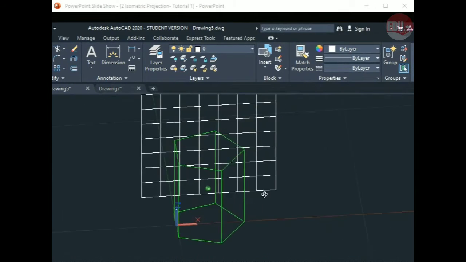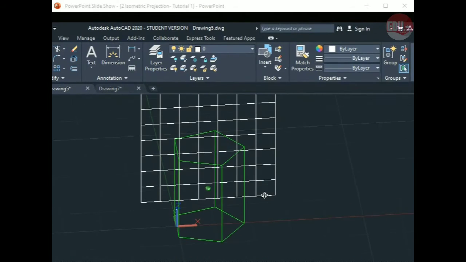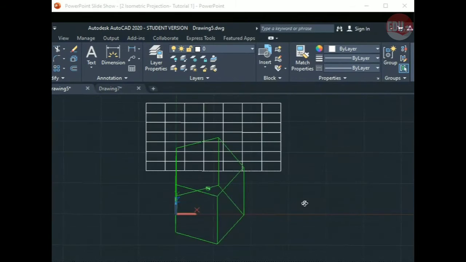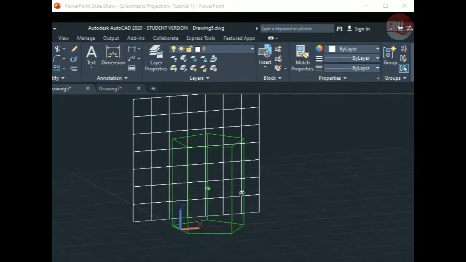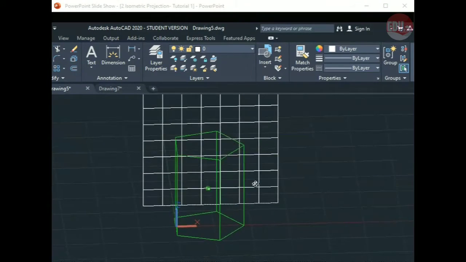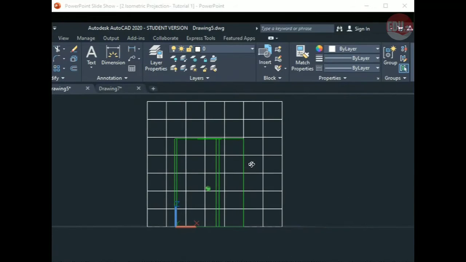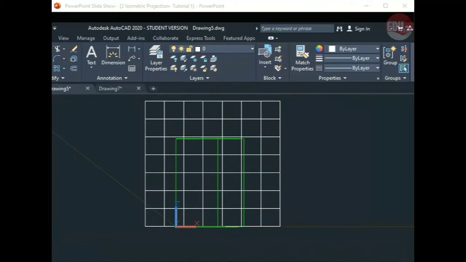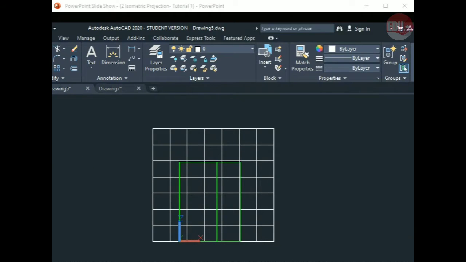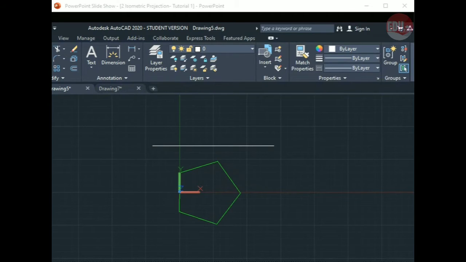A pentagonal prism resting on its base such that the axis is perpendicular to HP. Consider this black plane as the horizontal plane and this mesh-like plane as the vertical plane. So the solid is resting like this. So in the top view you can see it like this, such that one base edge is making 90 degrees with VP. So you have to draw the top view of the solid like this, and the front view of the solid like this. Okay, this is the front view and this is the top view.